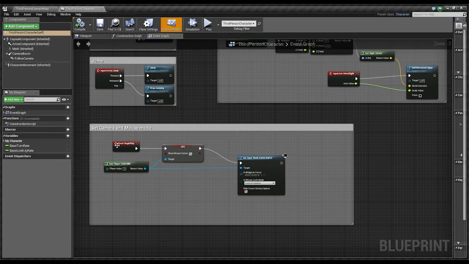Fantastic. So at the beginning we show the mouse cursor, and then we lock on capture when the mouse is depressed or when the mouse is pushed upon, and then we hide the mouse cursor during capture. Now that seems easy, but